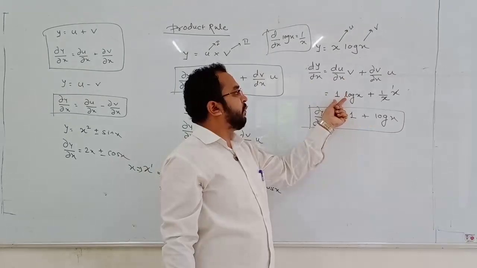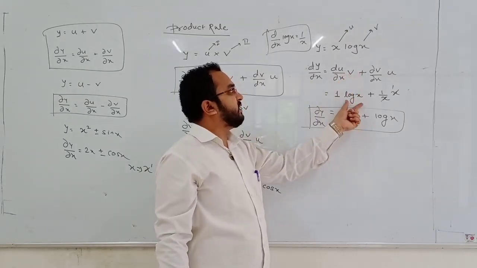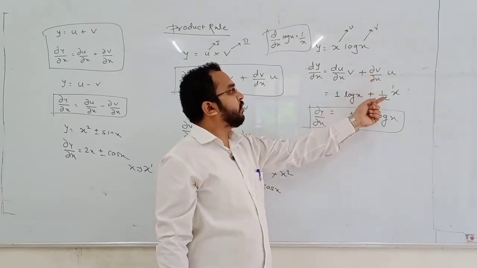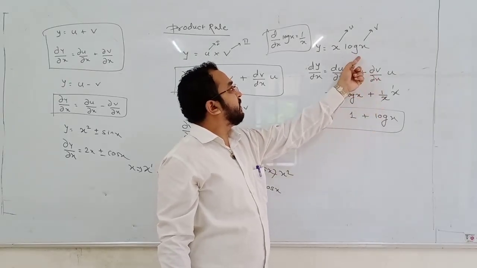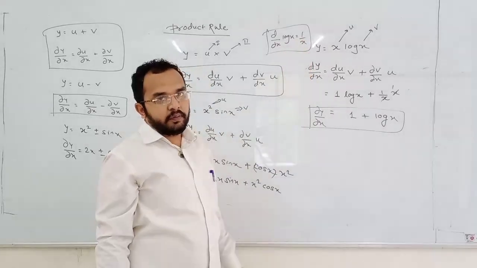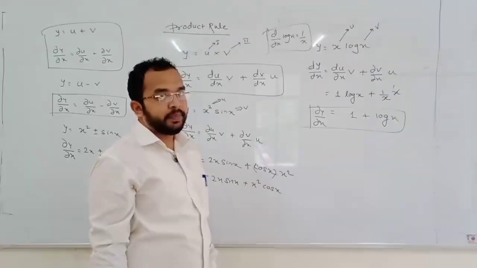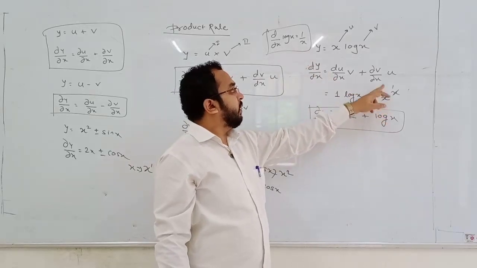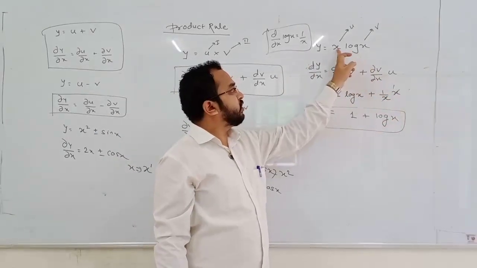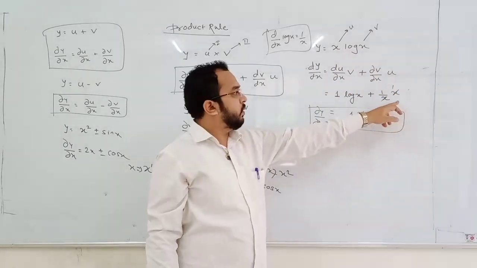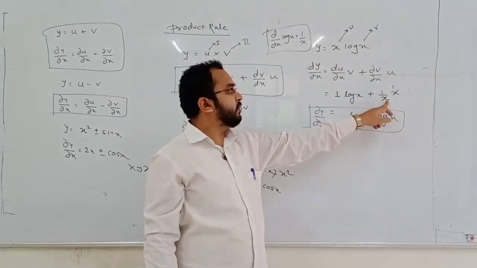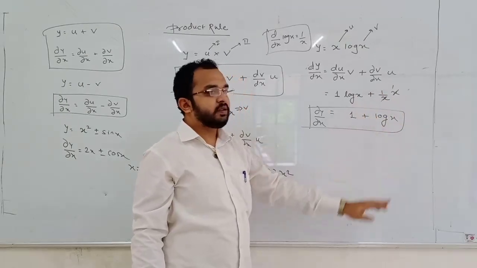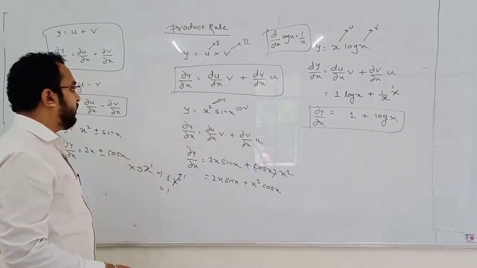So this is the differentiation of first. That time second function as it is, second function log x as it is, plus differentiation of second. So what is the differentiation of log x? We have studied in the first lecture, differentiation of log x is 1 by x. This time first function as it is. What is the first function? x as it is. This x and this x will cancel each other. Here 1 will appear, 1 plus log x. So this is one more example.